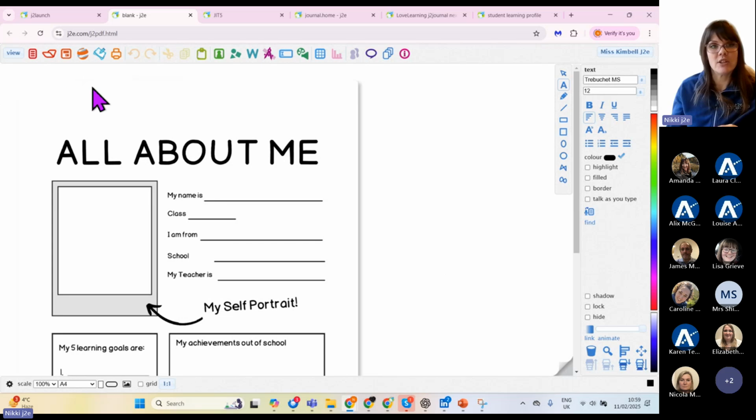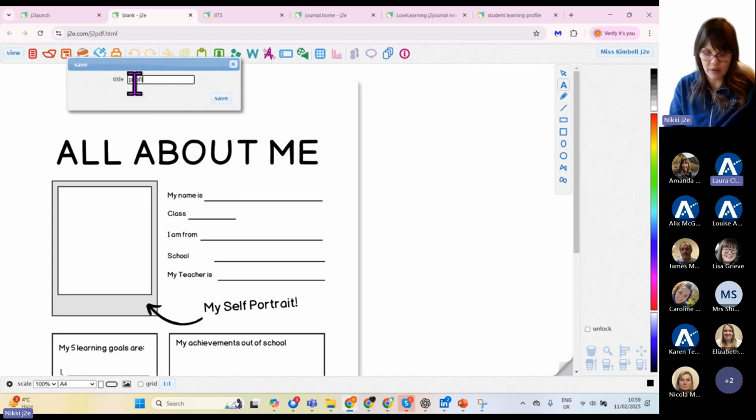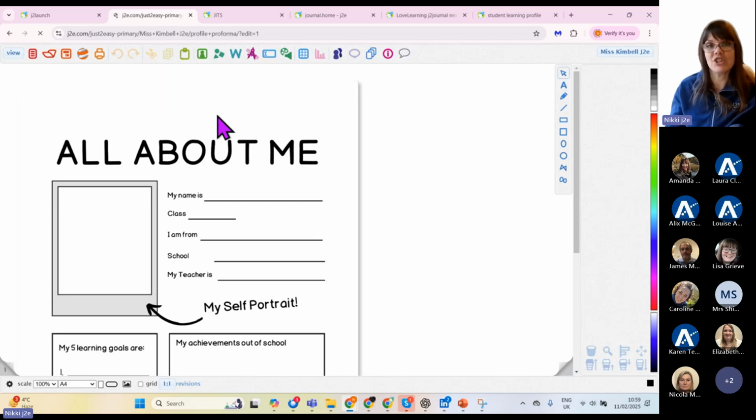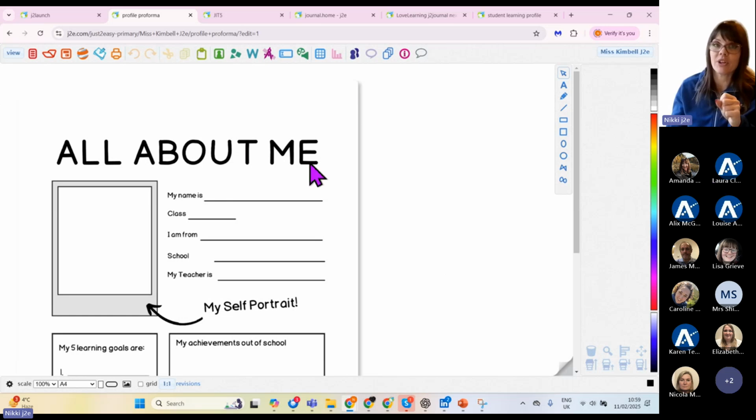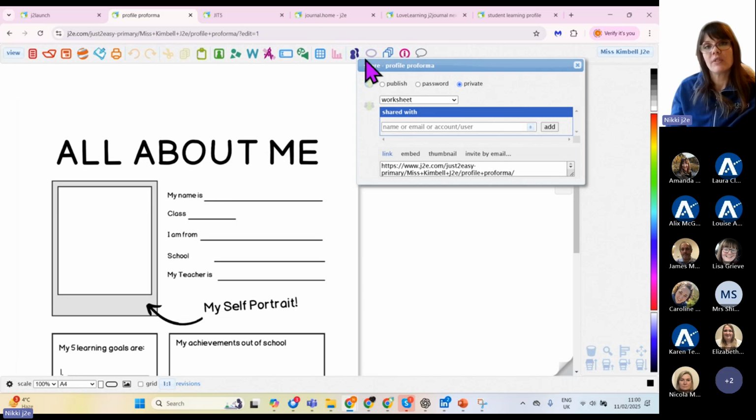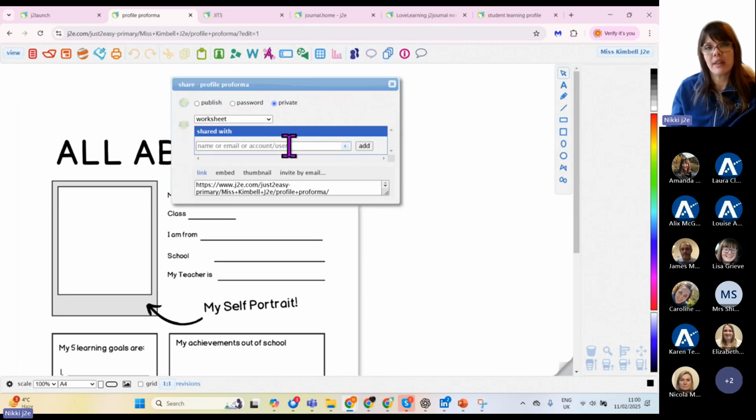Now, as a teacher, I could save that. So let's have profile proforma. And I can share that with my students, and they can then add to that and have a go. Now, within J2 PDF, you can share from here. So if I click on this little 2-person button, and then I've got this little drop-down menu here, and this